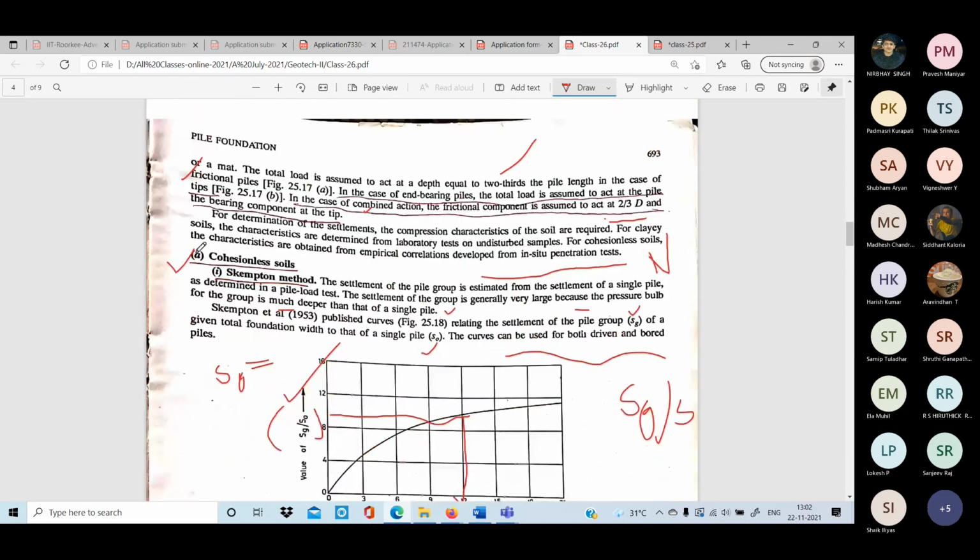Similarly, one more formula is given. If the static cone resistance is available, if the n value is available, we can use this formula. Suppose cone penetration values are there, we can use these formulas. So remember this formula. Sometimes they will ask in the competitive exams. Average cone resistance they will give, influence factor values they give, QC they may give, and width of the block they will give, and the Q also they may give. Then they will ask you to find out the SZ. This is the story for the sandy soil.